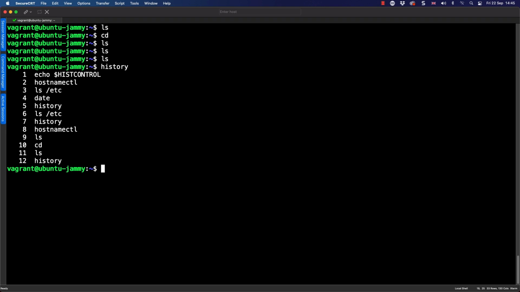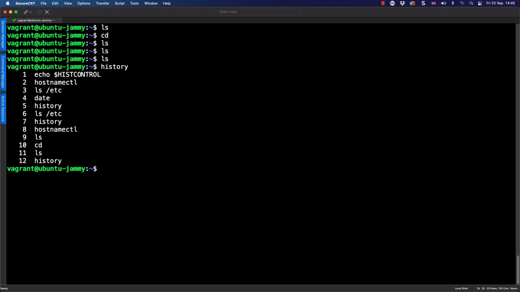On line 11, it lists the ls command, and nicely only once, not 3 times. Then we see the history command. But if we look back on line 9, the ls command is there. So we are getting duplicates, but we just don't store duplicates if they're immediately typed after each other.